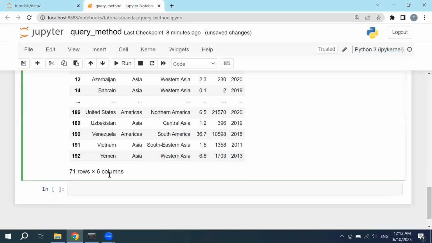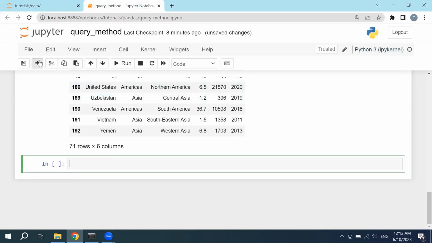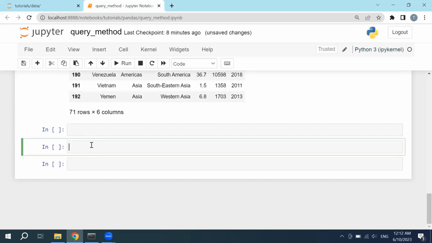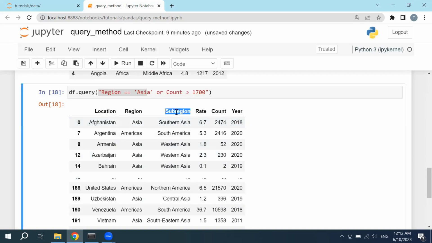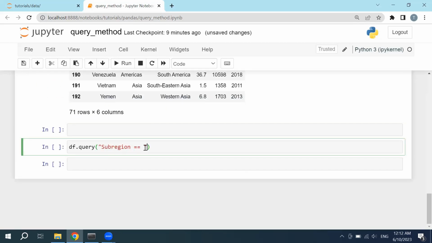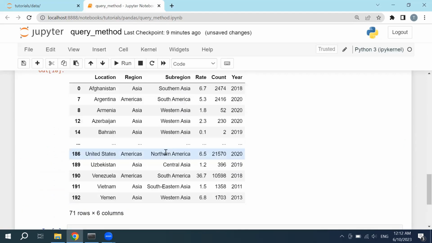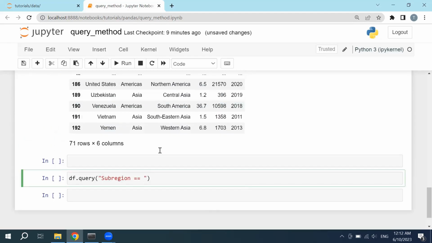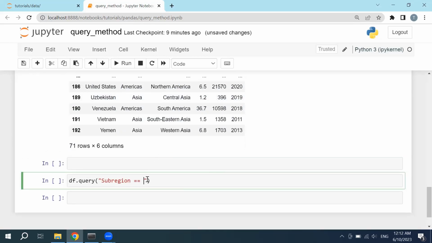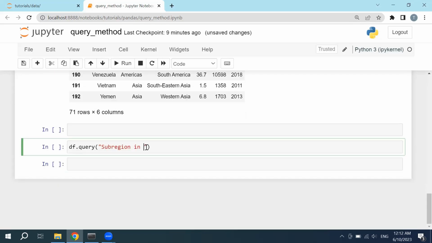We again could do query with the help of what? We could use the in keyword here. If I type in df query, and then I will try to sort a region equals to Asia, or so let's take in another column, the subregion equals to what? As an example, subregion could be inside. I want to pick up two values here. In order to do that, instead of equal sign, two equal signs, I will type in the in,